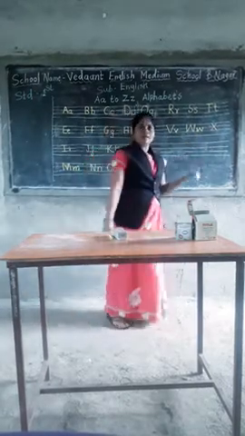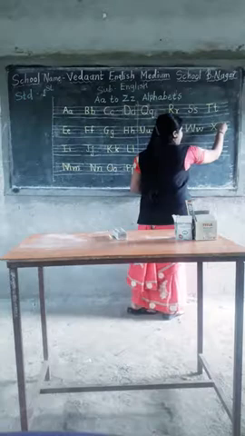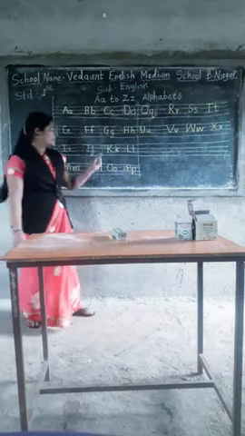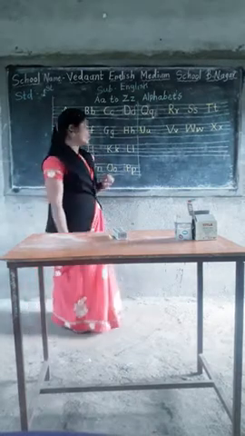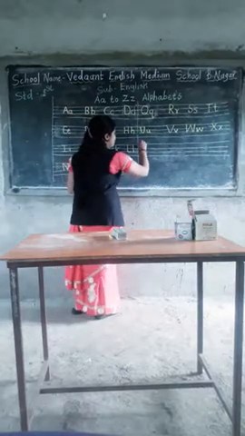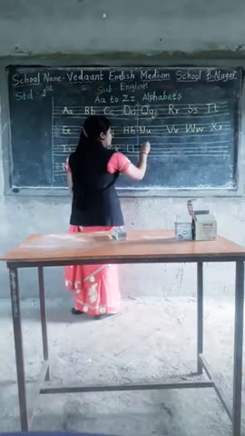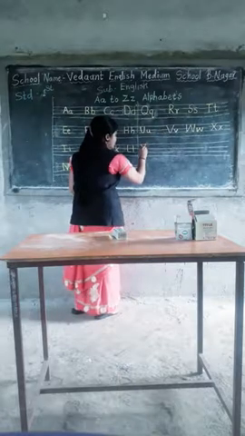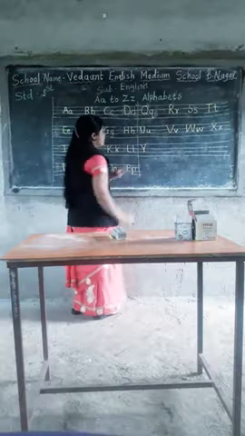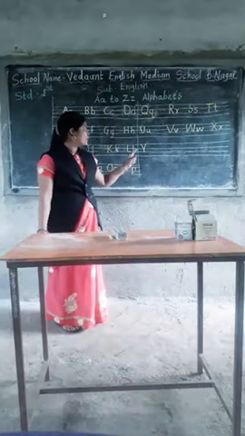Okay, after that we will learn a small x. Go to the middle line and draw x like this only. Okay, after that which letter comes? It is Y. So how to write Y letter? Okay, let's see. Go to the top, draw a slanting line till the middle line. Again you go to the top, draw a slanting line, and after that you draw the standing line. In this way you write the capital Y.